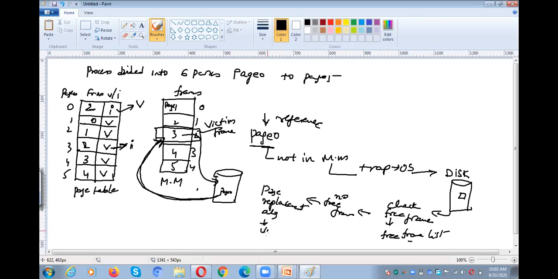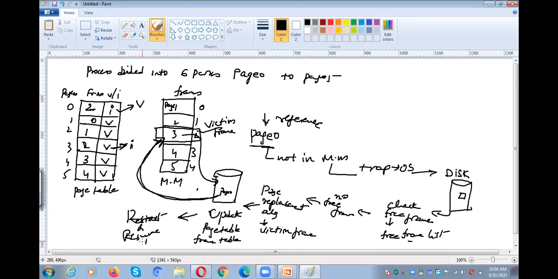That means we need to select a victim frame and then swap out, swap in. After that, we need to update the page table and then the frame table. After that, we need to resume the process. Okay, that is the thing.